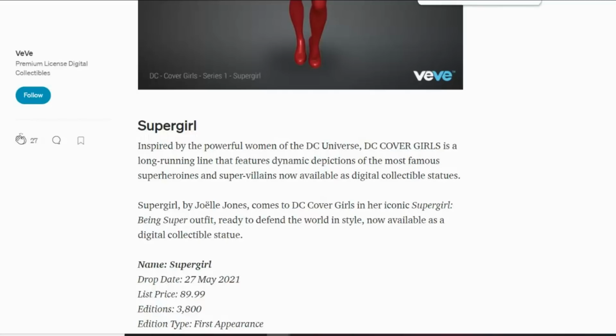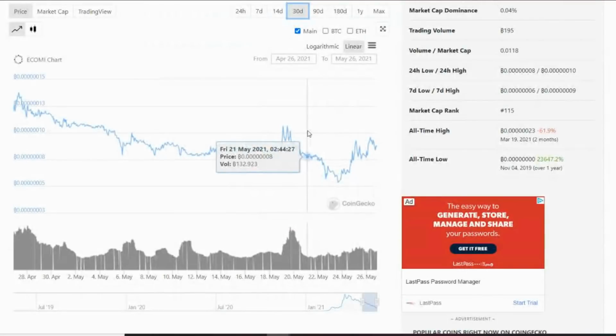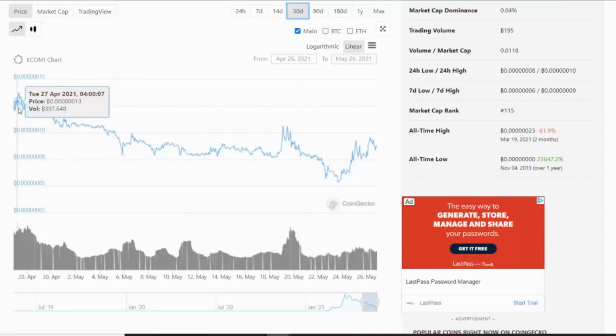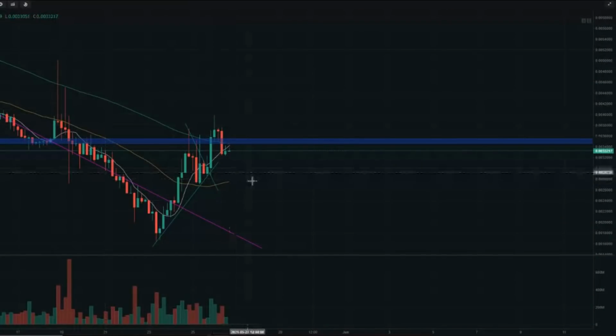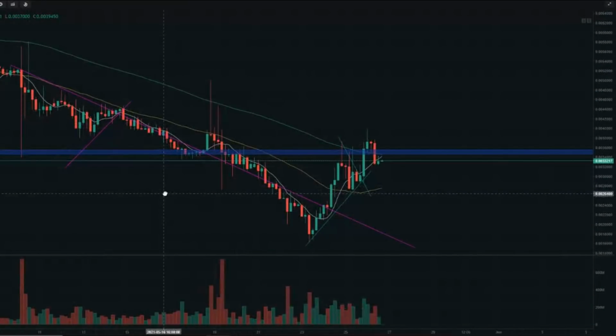Now, just sticking on that point, what I did also want to touch on is our daily price analysis as well. So what we have here is we know that OMI to Bitcoin has been roughly correlated together. So again, we are trading on a very flat line still, but we have moved up a little bit, and that is just because of the news on the Immutable X stuff. Now, if we go straight to our chart here, yesterday I drew this wedge, and this was where I ended the video.